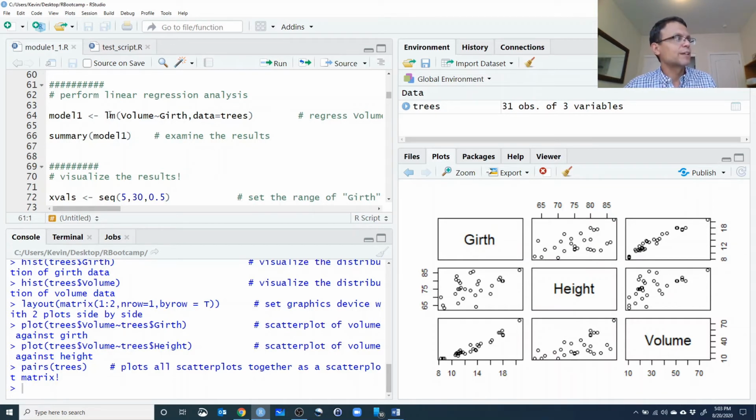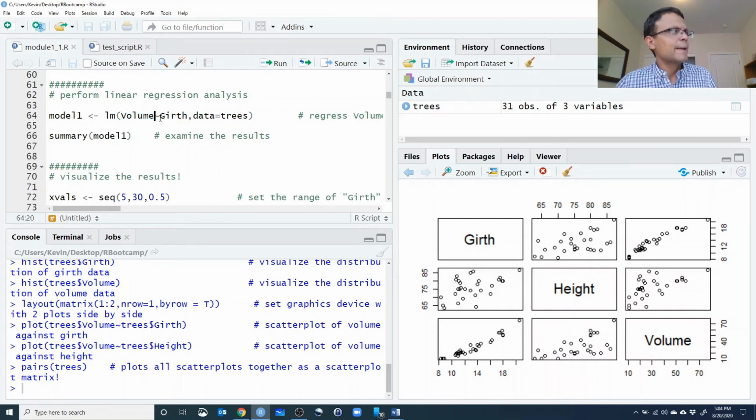And we can do that relatively easily using this basic statistical function in R called LM, which is short for linear model. This is going to be a standard ordinary linear regression model. And we're going to use this formula interface that you'll see again and again every time you work with regression type models, or just building models of some response variable as a function of a bunch of predictor variables. You're always going to see this type of